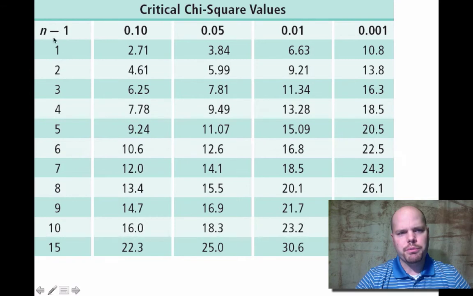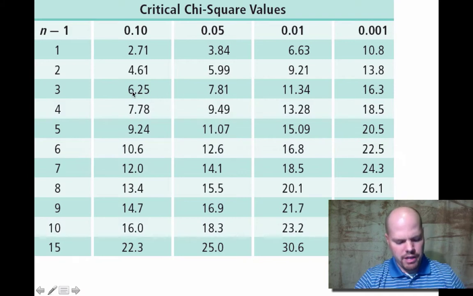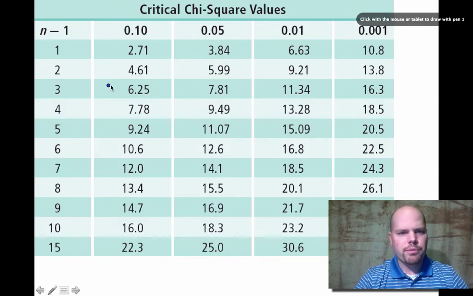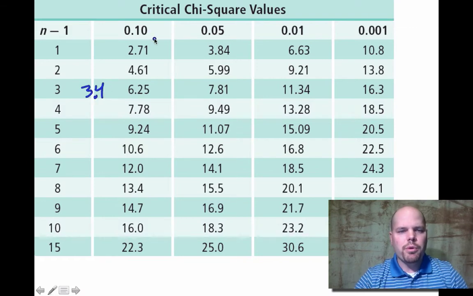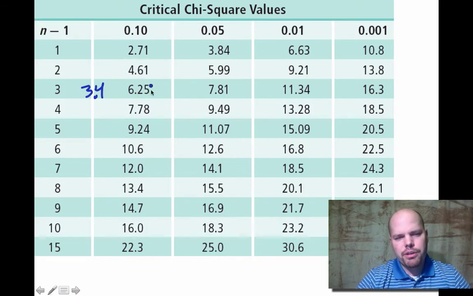So we go to row 3 because there were 4 events, so we subtract 1, go to row 3. Now we compare to these numbers here, and we got 3.4. 3.4 doesn't even show up on the chart because of how you read this chart. A number, or kind of like a difference squared, the chi-square statistic, a difference of the value or chi-square value